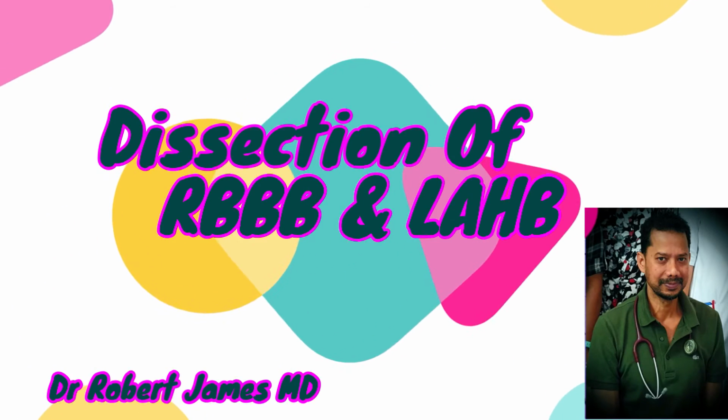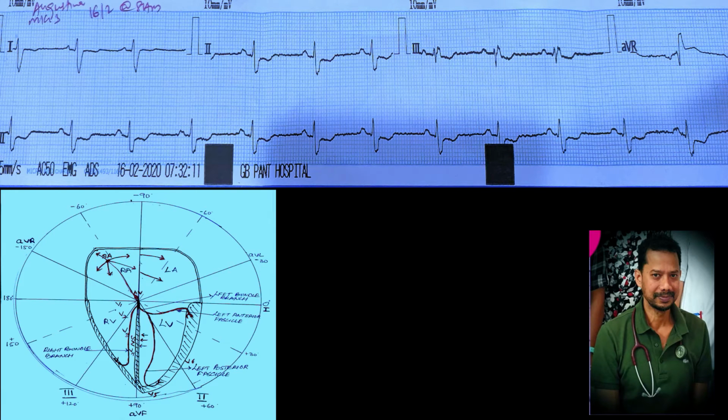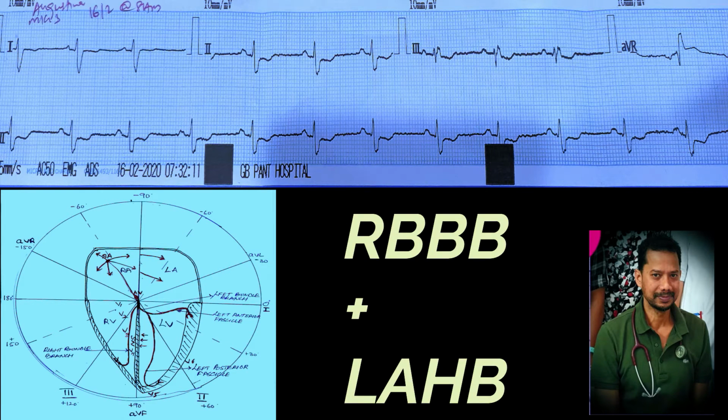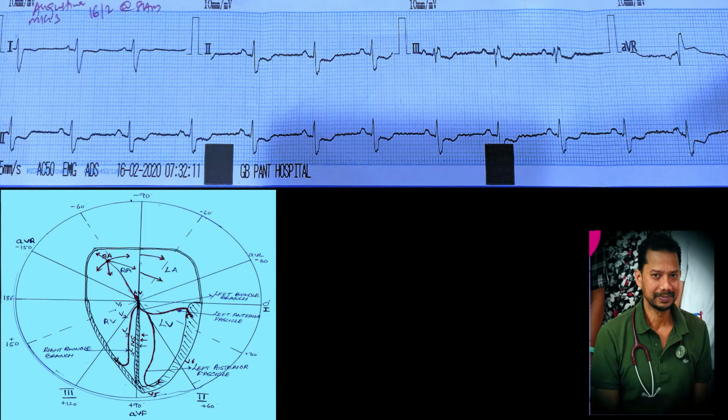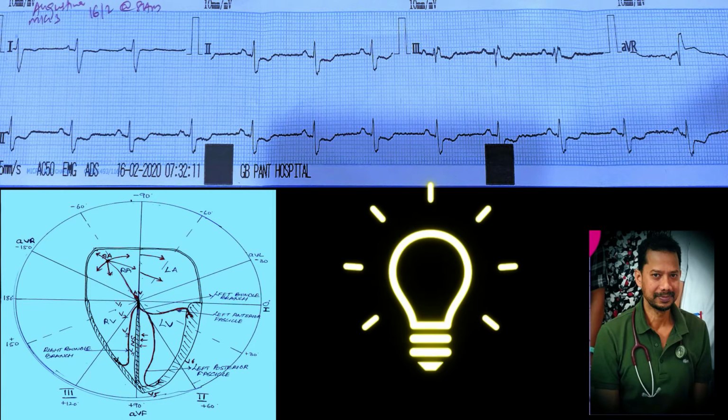Today we will be discussing a very interesting ECG, and if you have gone through the previous videos, by now you should be knowing how to start reading an ECG. So as you know, first we'll look at the calibration, and the calibration is normal looking, is 10 small squares in height, and there is a flat plateau and then a vertical fall. So this is a normal calibration, which means that you will not get a false R wave or a false S wave or a false Q wave.